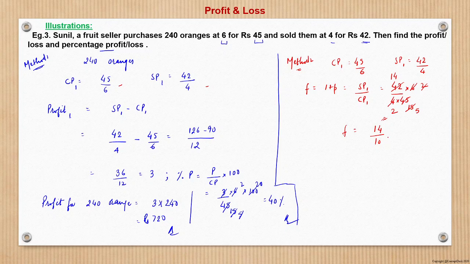So can we not say this can be even simplified? This will be 7 by 5. So this can be written as 1 plus 2 by 5. So basically this is the profit. 2 by 5 we know is nothing but profit percent. This is the answer. So this is much simpler and easy to comprehend. So preferable method will be method 2 only. We will go by this method only going forward.